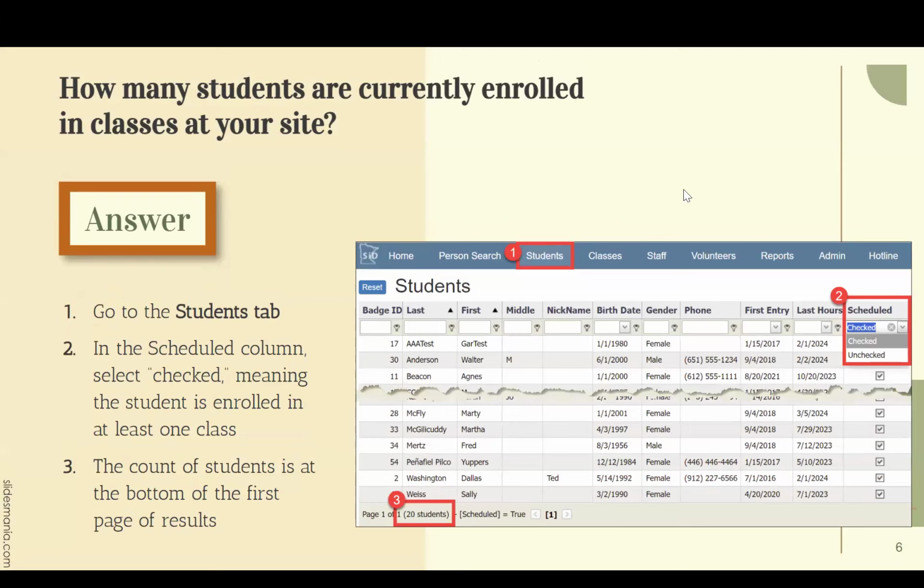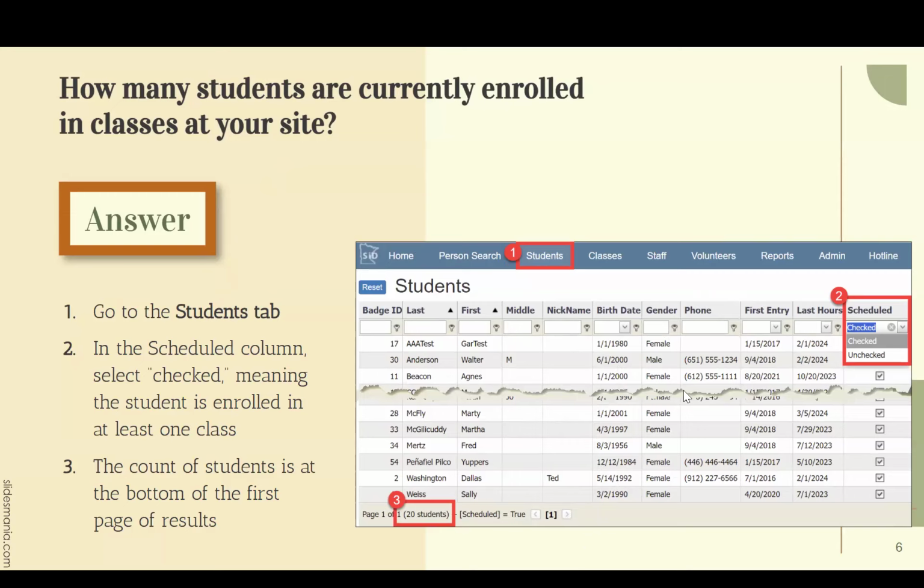Okay, so let's take a look at what I propose as the easiest and quickest way to figure out how many students you have enrolled right this moment. If you go into SiD and you go to the Students tab, you're going to see a grid, as we call it, of all the students you've ever had in your program. If you look at the bottom of that before you toggle anything, it's going to be probably a big number. All the students you've ever had in your program, they're all alphabetically ordered.